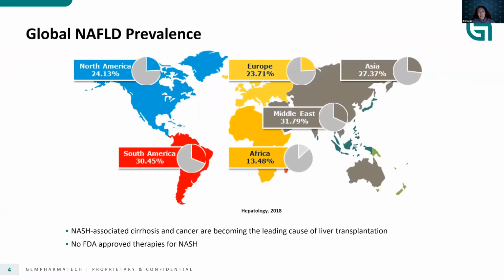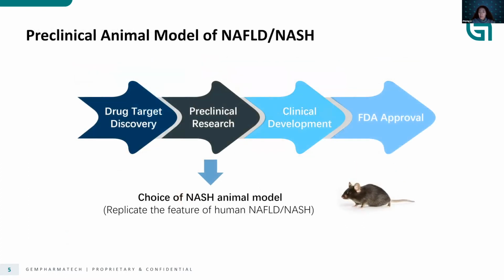So, as I said, this is a prevalence, not just in the States or in Asia, it's worldwide. It's associated with both genetic factors as well as environmental, lifestyle, metabolic factors. So, GemPharmatech, as we develop our commercial pipeline, we are a mouse model provider in terms of human diseases. We would like to assist researchers in different disease areas to use the best mouse model in supporting their preclinical research.